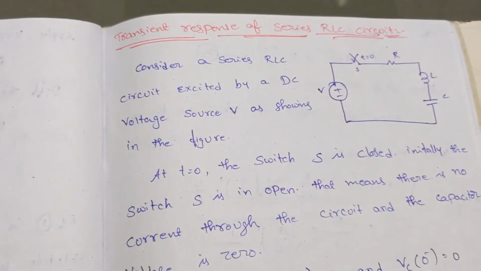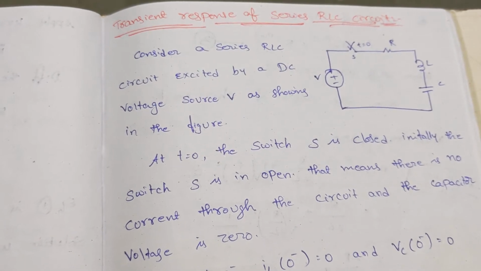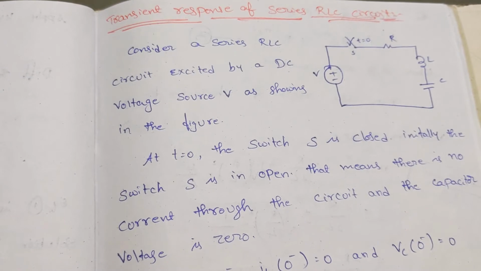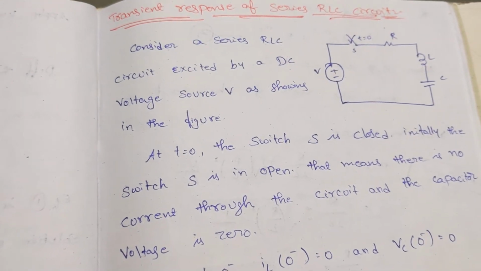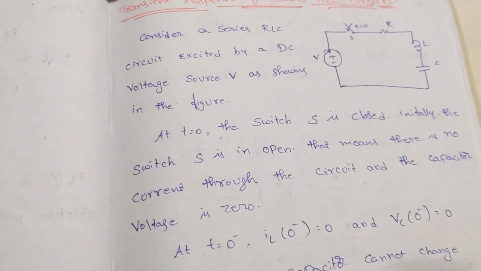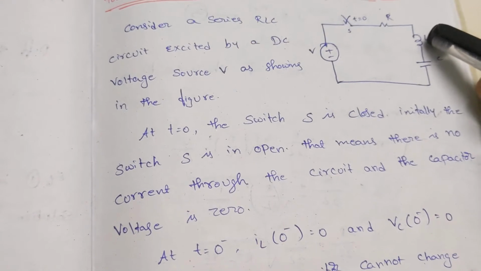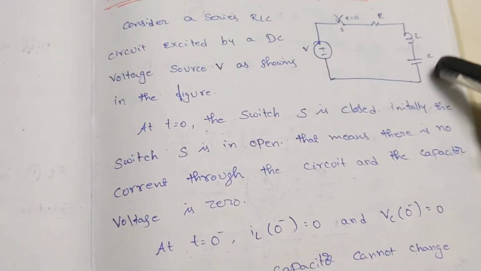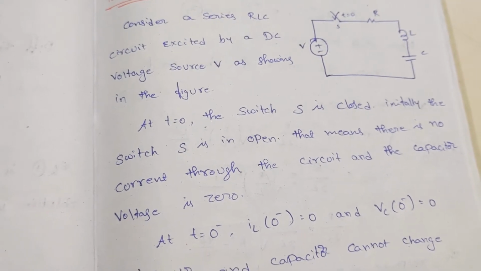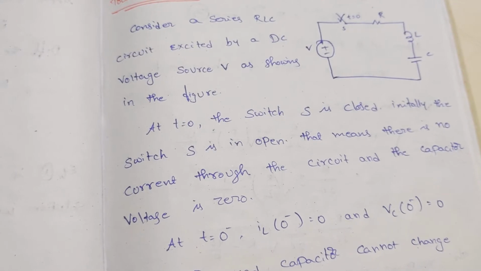Good morning to everyone. In today's video, we are going to see the transient response of a series RLC circuit. Already we came across the RL circuit as well as the RC circuit in our previous videos. So the same sequence of steps we are going to follow, but the only variation is we are having both L and C, both energy elements. So we have to consider both previous state initial conditions here.